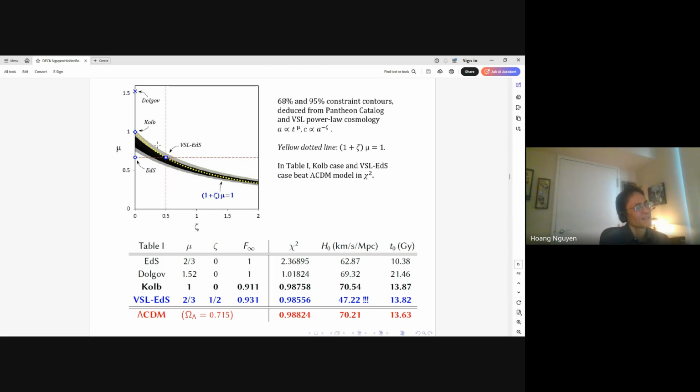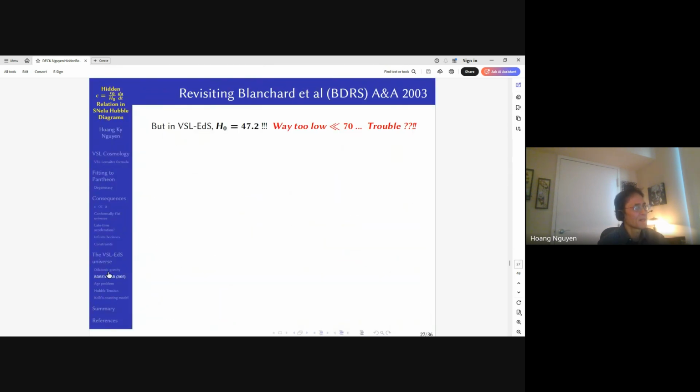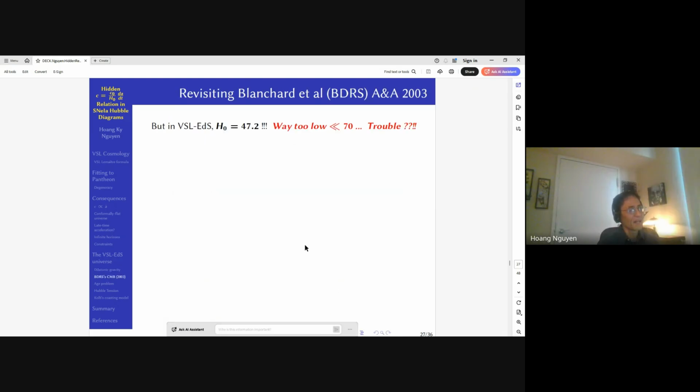But the Kolb case has a problem because you need to introduce the K matter with equation of state equal to minus 1/3, which is weird. However, that model may find justification from this model, from this point. And this point comes from, if I start from the scale invariant action, it gives us this one,